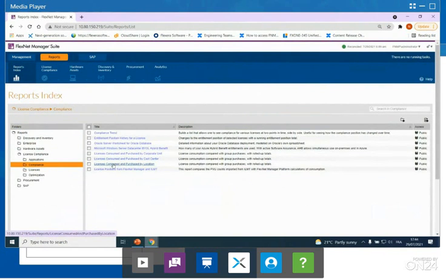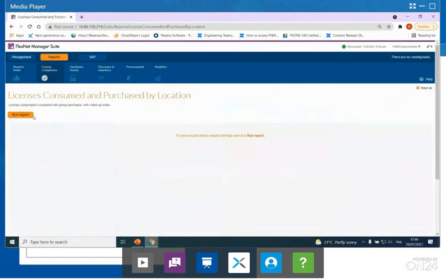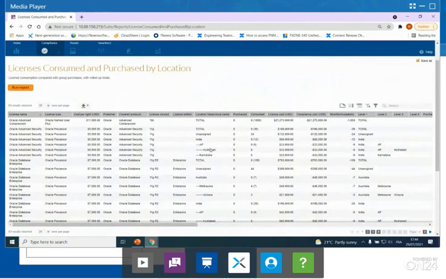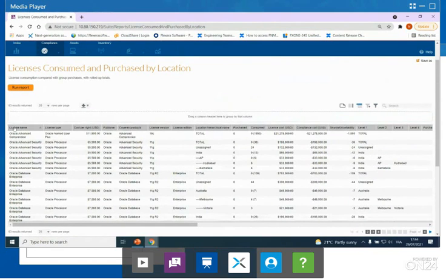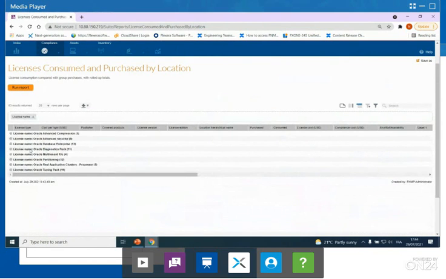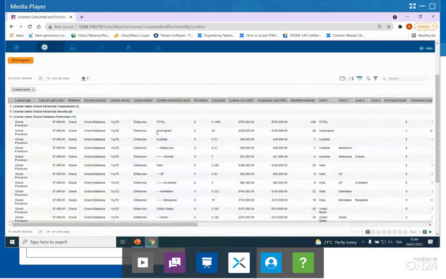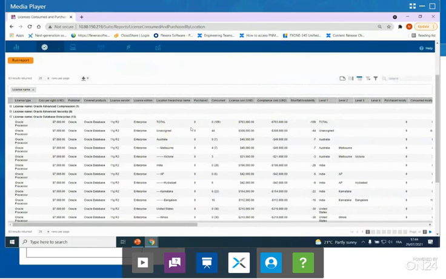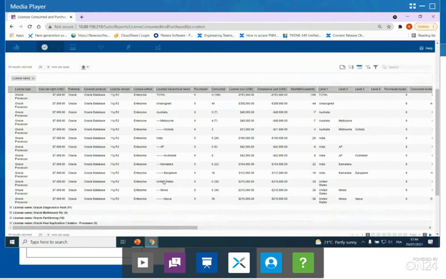the licenses consumed and purchased by location. That's a report I created a long time ago for on-prem customers, and it gives a sort of high-level chargeback value across licenses. And here, you see, for instance, this is very focused on Oracle. Here you can see that for each row, I've taken the location slice, which location has purchased. So I didn't import a lot of purchases, but you could import purchases linked to India, to United States,